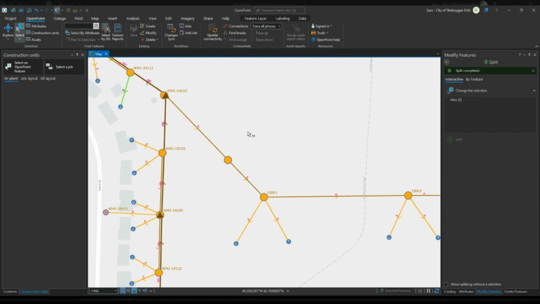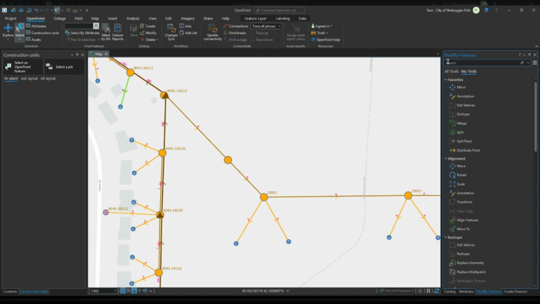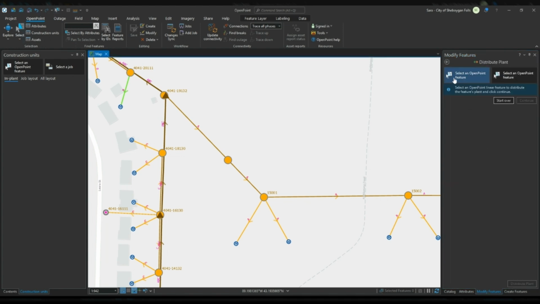I'll deselect both, and then go back to the Modify pane and use the Distribute Plant tool. First, I'll select the feature that has the construction units, and then I'll hit Continue. Then I'll select the second line. Now when I hit Continue,